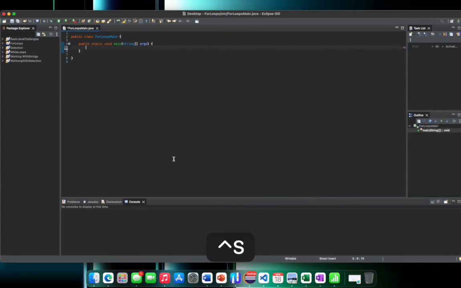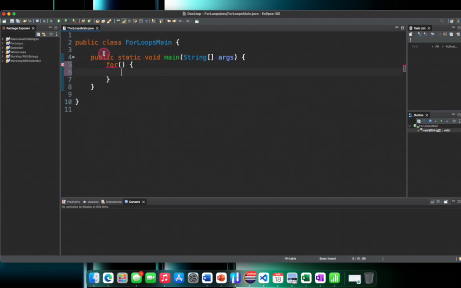To set up a for loop, you just use a keyword for, and then you want the rules, or how many times you want to repeat and how you're going to count, in brackets, and then you want what you want to repeat inside curly braces. So the setup and the structure is a lot similar to an if statement. Okay, now you can see I have got an error there, and that's because there's one last thing that